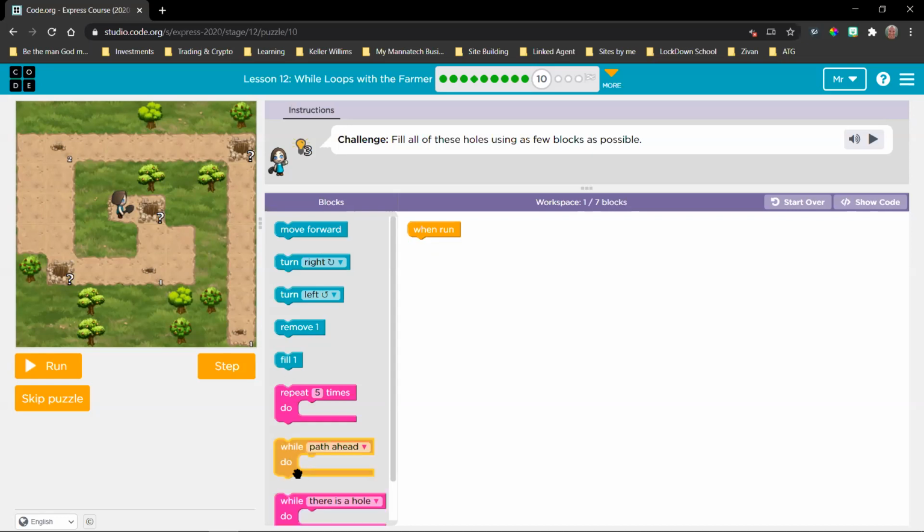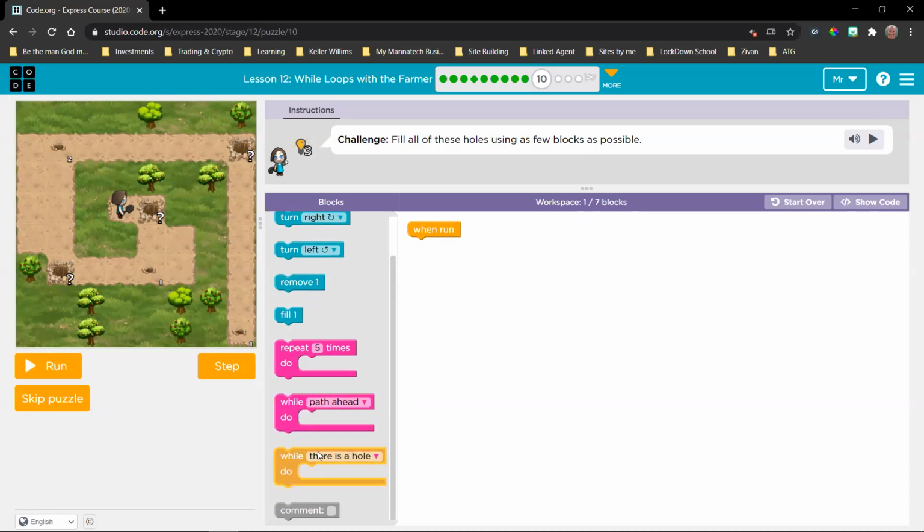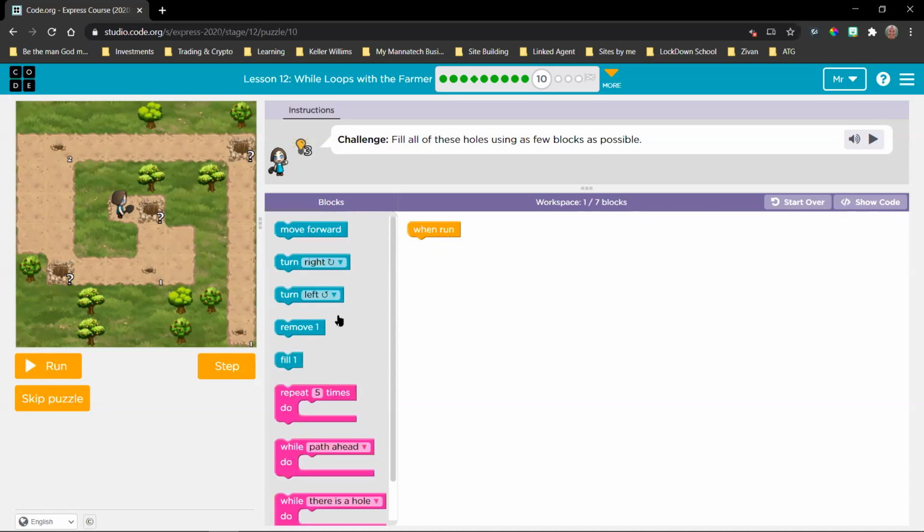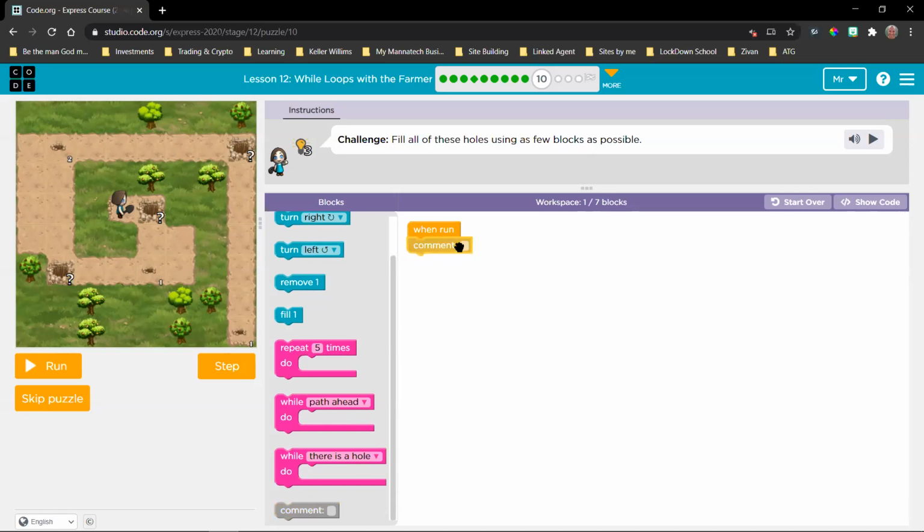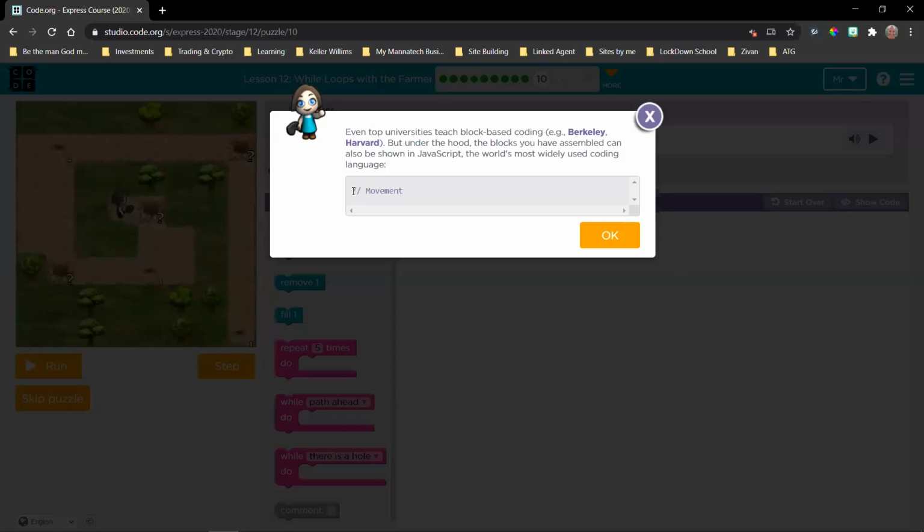So we'll be using 2 conditionals, one to tell us to move and one that's going to tell us to fill the hole. So if we really have to, I don't think it's necessary because we're only using 7 blocks, but you can put a comment in there, and the comment, as I said, will not actually add on to your block count. It also doesn't get run by the code. It makes it like that, and that just comments it out. So the code will not run it. This is just for me to know what I'm coding, and if I ever work with somebody else, so that person knows what I'm coding.